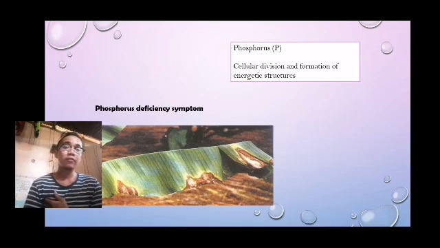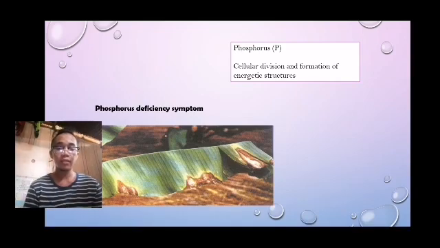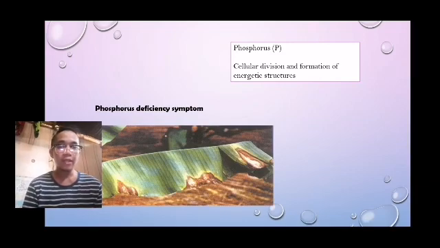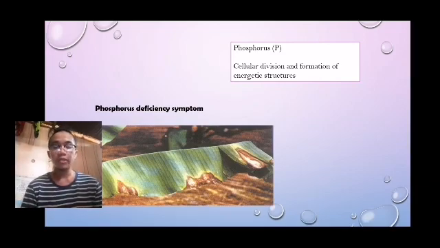So the common phosphorus deficiency symptom is chlorosis of the margins of old leaves, like this picture. So it is a chlorosis symptom. The leaves are purplish brown, or leaf curls, and then leaves become